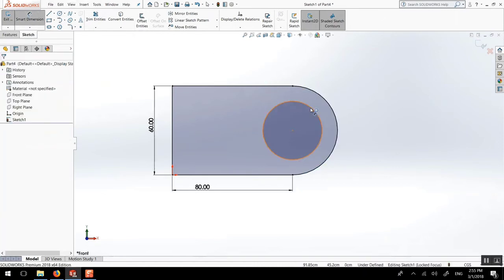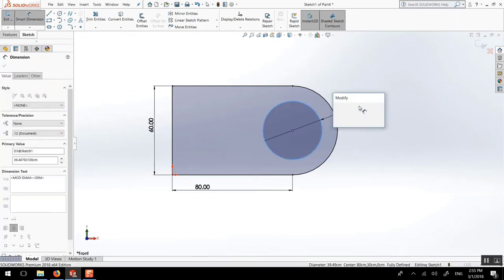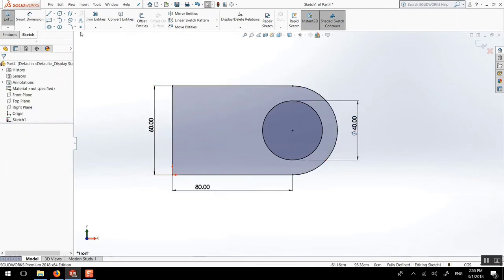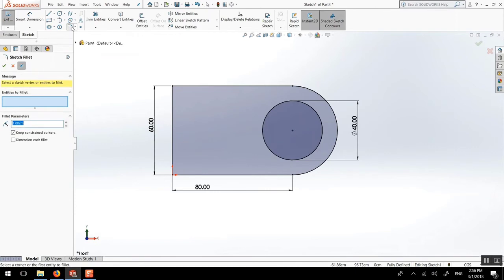Smart dimension, and this time we'll set it to 40. Now if we want to round this, we can do a fillet here. So I'm going to use 10, the radius of the fillet, one here and one there. Then you can say OK,